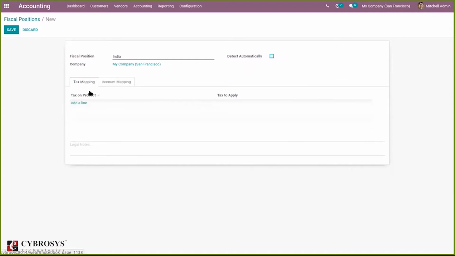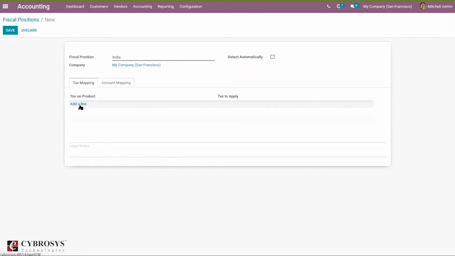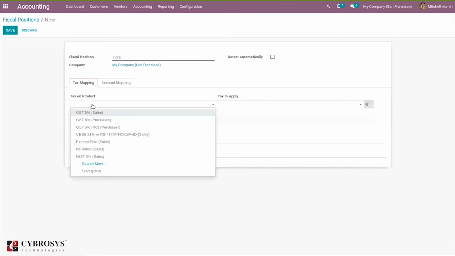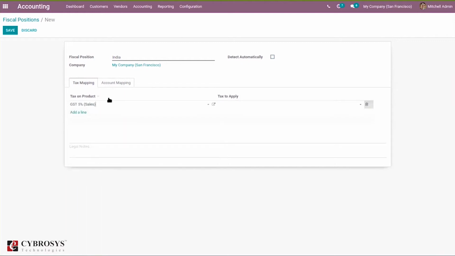Then here we have tax mapping and account mapping. So from here we can add a tax on product, and we can map from one tax to another tax. So here we can add a tax on product GST. So if the customer tax, that is, here you can see GST 5%, its scope is in sales, that is, it is a customer tax.